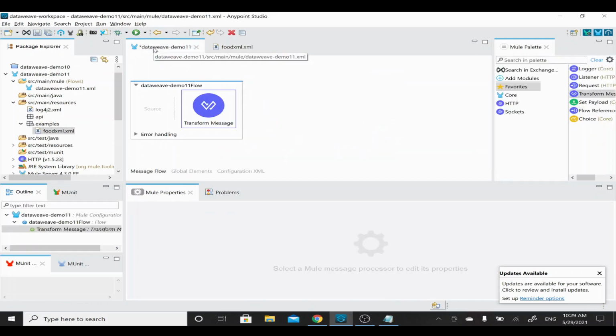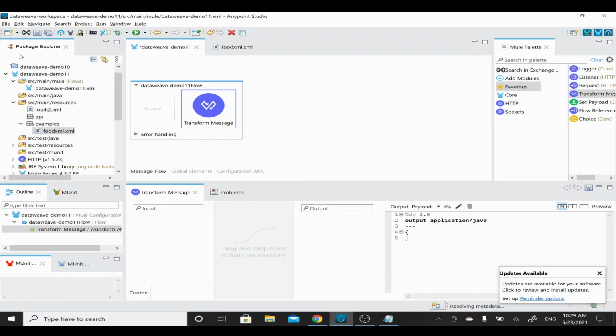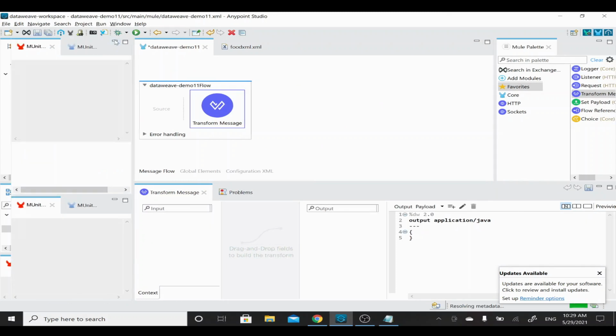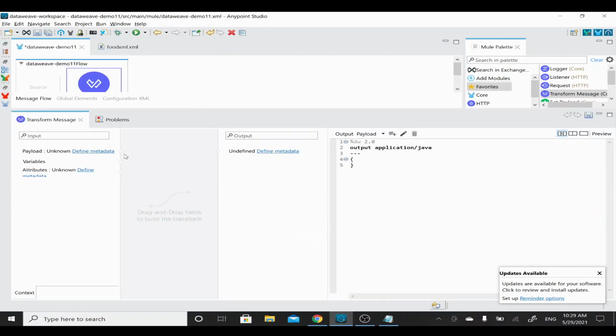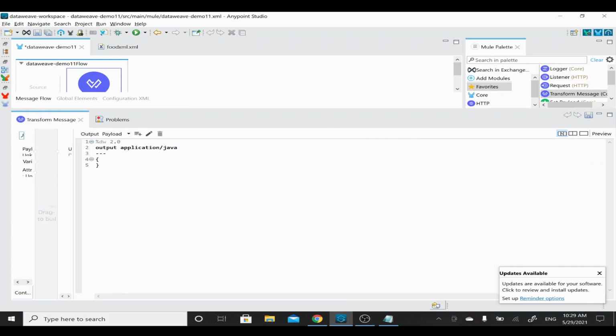So now I'm going to refer to that in our DataWeave. So I'll just minimize this one. I don't need that, so I'll just minimize whatever windows are not required. So I mainly need this window where I'll just move this one to the left side, so that we will have more space to work for DataWeave coding. And also I'll click this preview. So this is the place we will be seeing our DataWeave output.